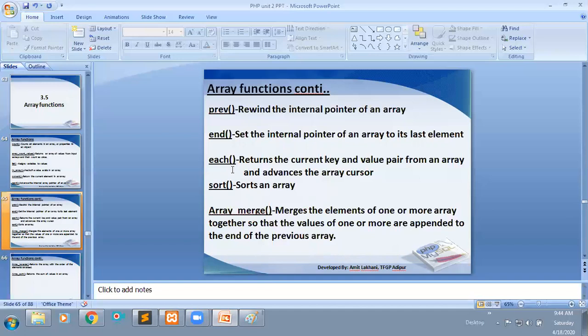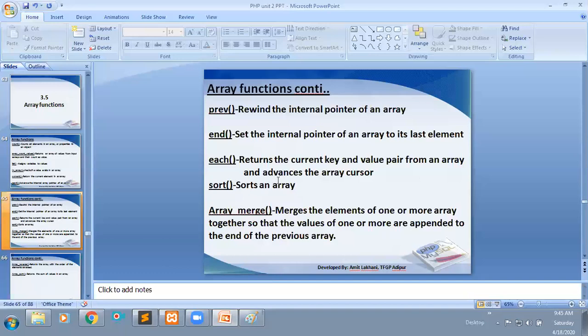The each function returns the current key and value pair from an array and advances the array cursor. It retrieves the current value as a key-value pair and moves the cursor to the next element.